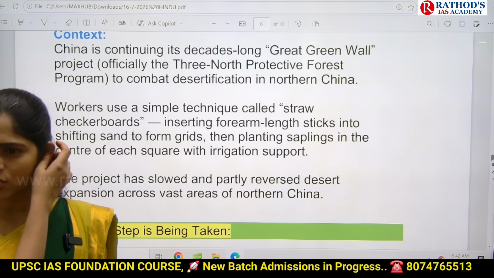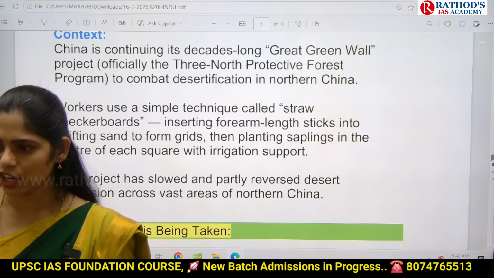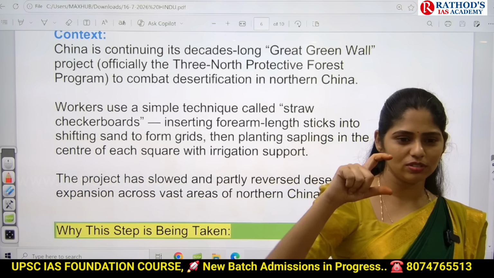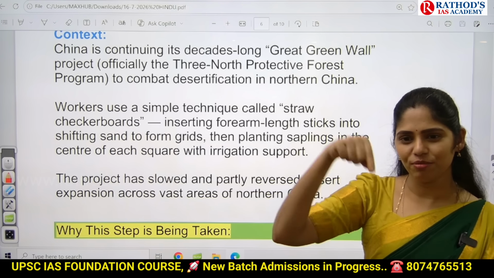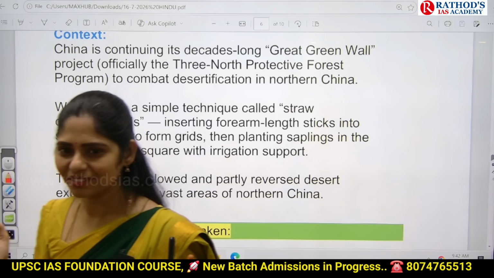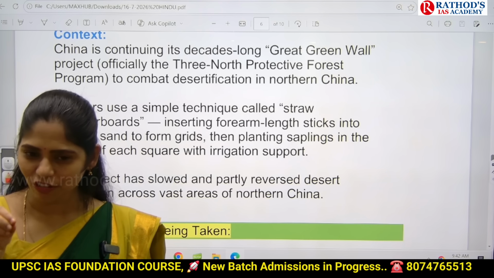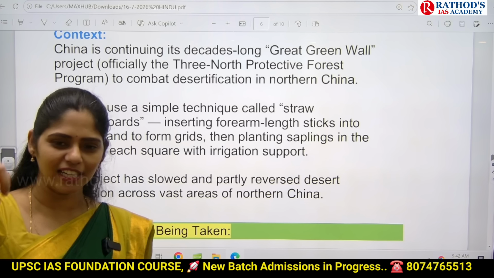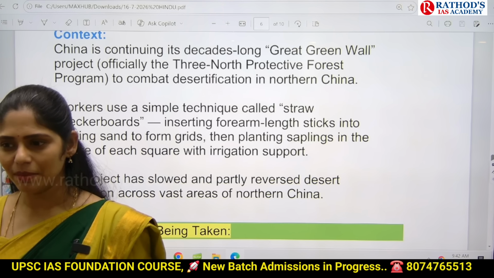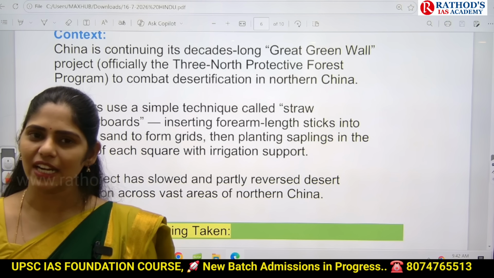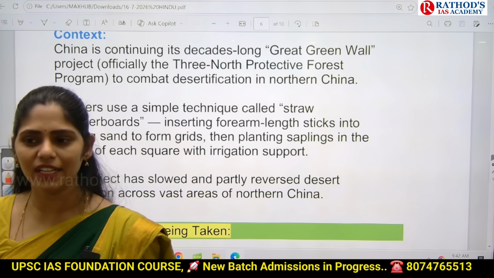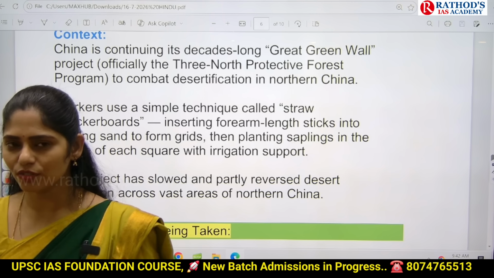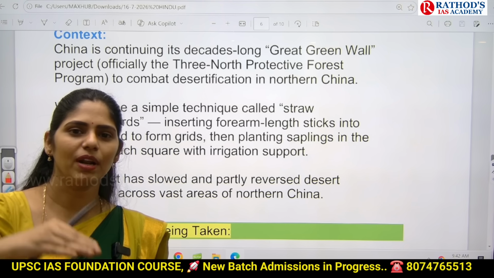Normally, you know this mokkajonna, right? Sweet corn or hard corn. So what they'll do is, after taking out the corn seeds, they will cut that into this much size. And inside that there will be a soft material. I don't know whether you played with that or not. Inside there will be soft material. In that soft material, they will insert the seeds and take that entire corn and plant it out. Why? Because that will provide moisture, and it is a biodegradable material. Whenever it is biodegrading in the ground, that soil will get nourished. They'll get nutrients because of this biodegradable material. That will promote the growth.